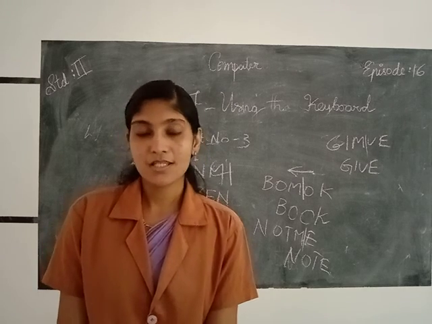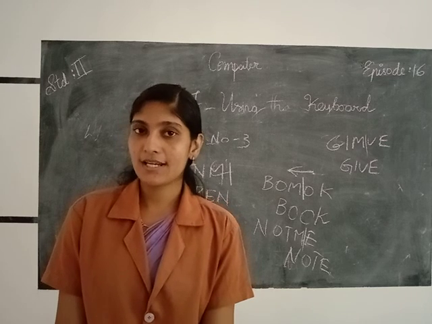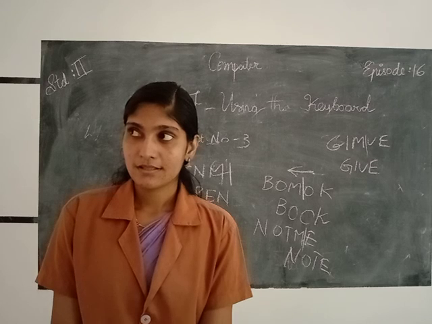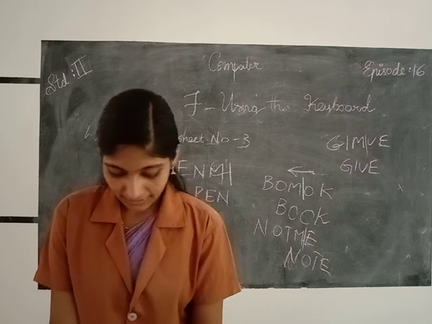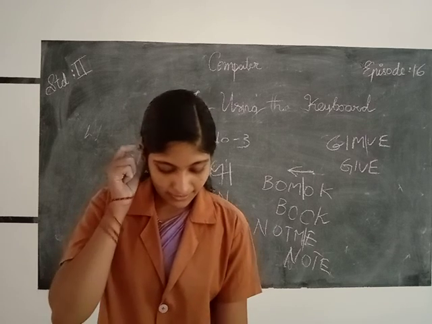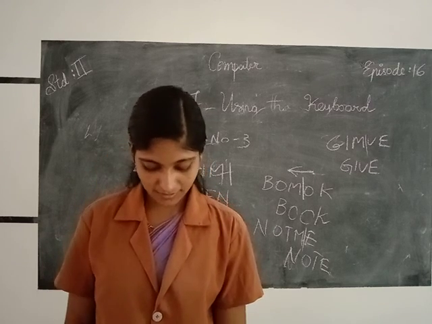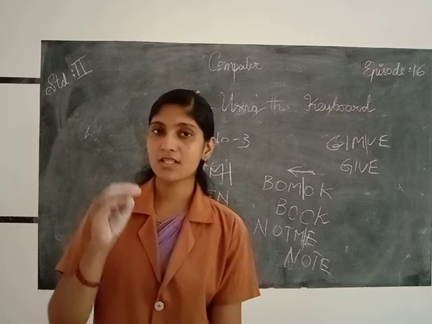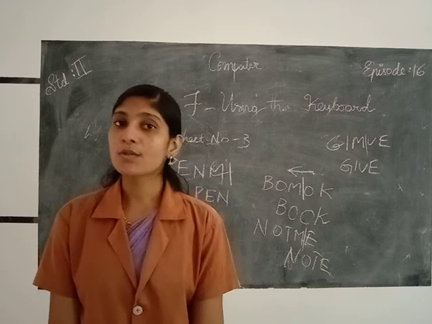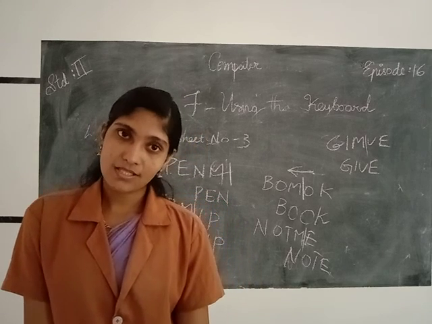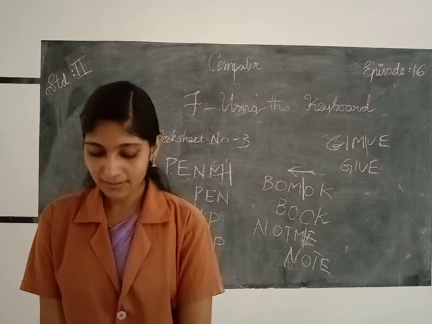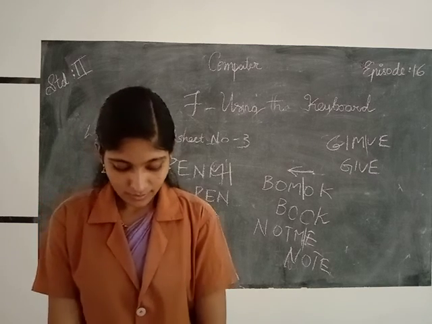And the fourth one: the backspace key is like an eraser. Yes, it's true. It is used to erase the letter to the left side of the cursor. Then the fifth one, the shift key. The shift key is used to print signs which are on the upper half of the keys. Yes, there are some signs present on the upper half of the keys on the keyboard. If you want to print that sign, just press the shift key and then the correct key on the keyboard. So it is true.